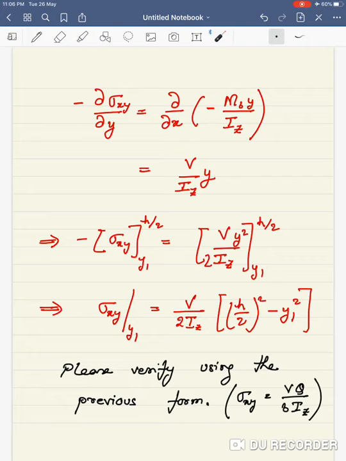Now this is an engineering assumption which has to be validated with respect to real life experiments. It turns out that this is a reasonable approximation for beams with thin cross sections. Okay,